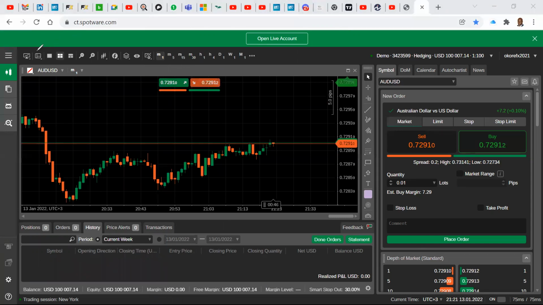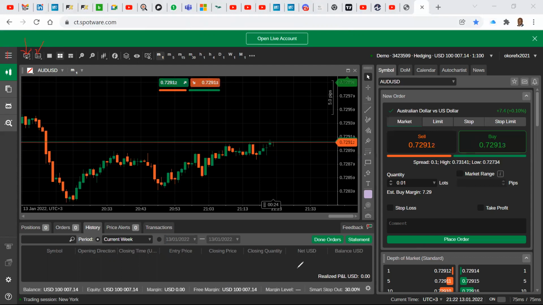We come to this thing that looks like a computer monitor there. You ignore it. It is actually the third icon from the left. So this is the first, this is the second, this is the third, okay? So we'll click on this here and we'll see the drop down. There'll be an option there.